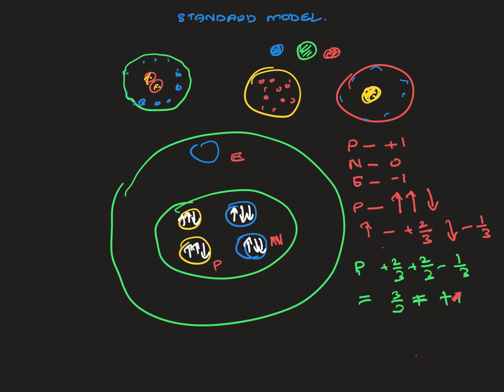So the proton has +1, made up of 2 up quarks and 1 down quark. And let's look at the neutron. The neutron is 2 down quarks and 1 up quark, right? So -1/3, -1/3 plus 2/3. That is 0. So they found the charge for these different quarks.